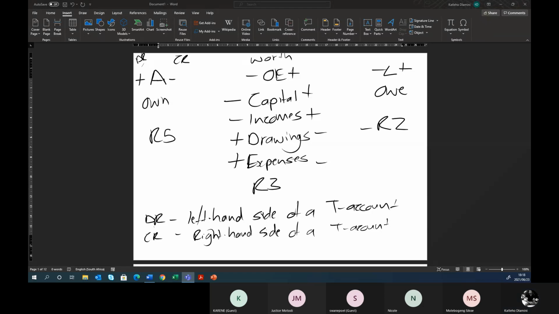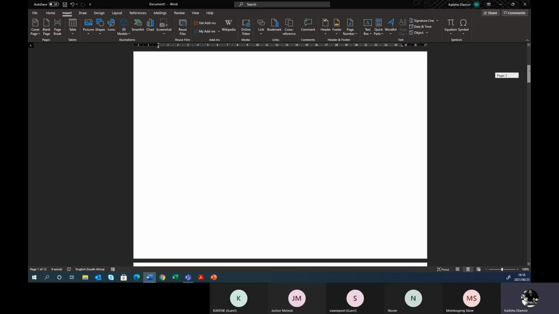In any case, so that's going to be the accounting equation. So I'm not sure you'll be tested on T accounts, but it's very important that you understand and know how they work. Okay. So let me grab this book again. So I'm going to go to the next page now. Okay. So the things I want to cover with you, well, the first thing I want to cover with you,